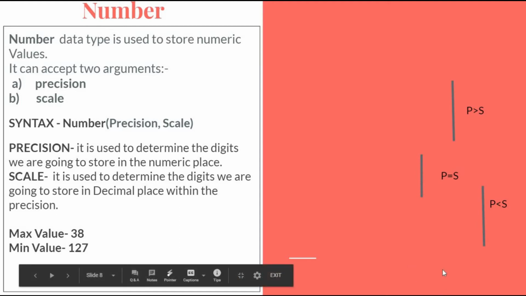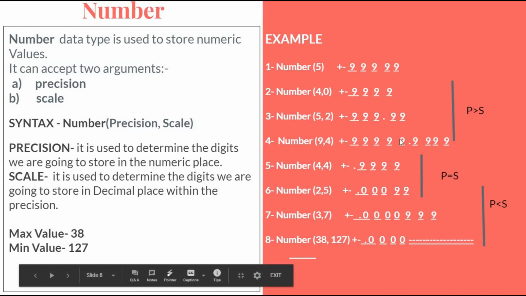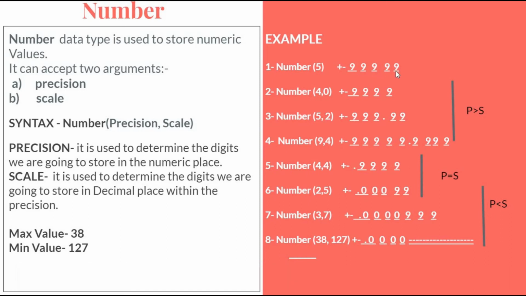Let's take an example here. As you can see, the syntax of the number is number, precision or scale. So now the number is 5. That means simply 5. It starts from plus to minus. So make 5 blocks, 1, 2, 3, 4, 5. And the highest number will be stored here, 9. Always 9, whether it is 5 blocks or 10 blocks in size. So you have to mention 9, 9999. So number 5 gives 99,999 plus or minus 99,999.